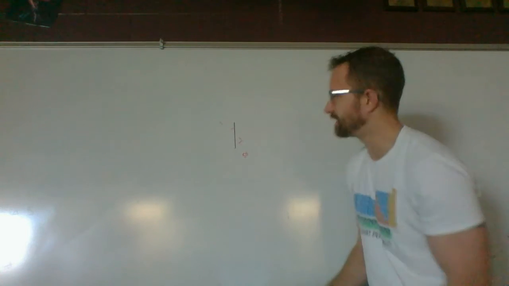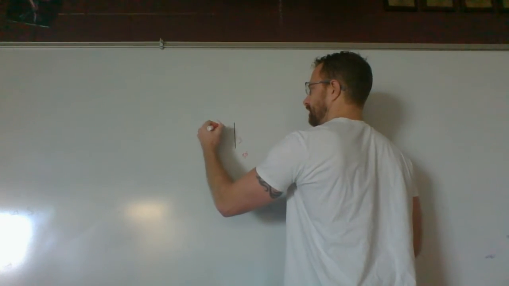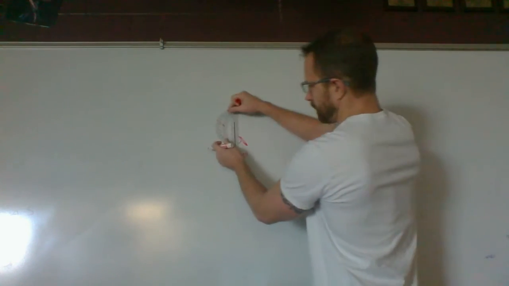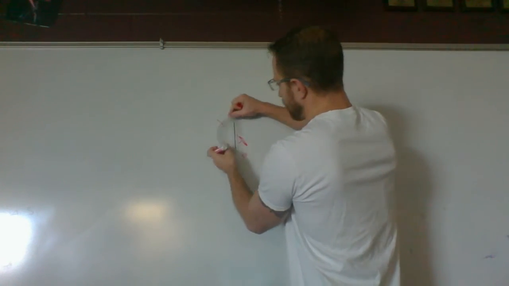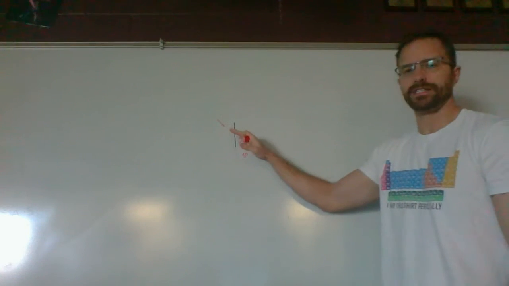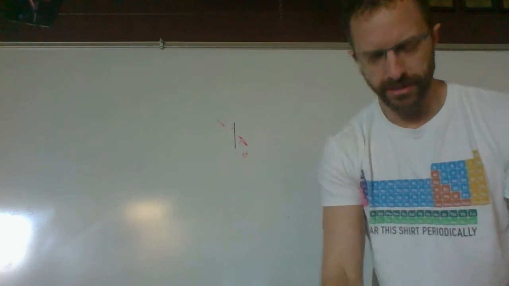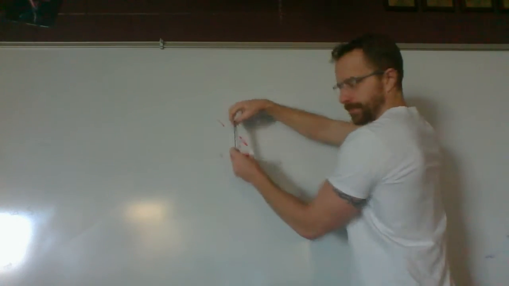I don't know how well you can see that. Maybe I need to make that a little bit bigger. We're not going to have as clean angles there, but if I put this here, hey, look at that, that's 50 degrees. So if it comes in at 50 degrees and there's no mirror, it's going to be 50 degrees on the other side too. So then if we look at a mirror there,